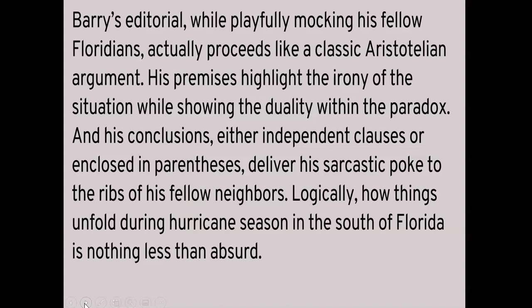Logically, how things unfold during hurricane season in the south of Florida is nothing less than absurd. Exactly four sentences, tier two sentence constructs, three or four terms, devices every single time. So this has that good colloquial, vernacular, academic blend as well.